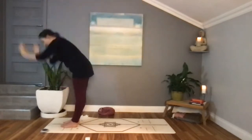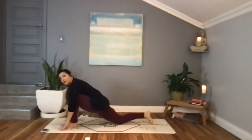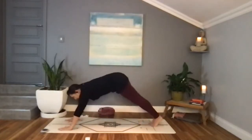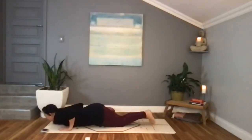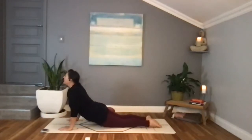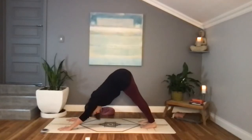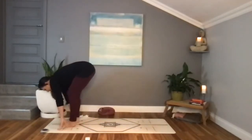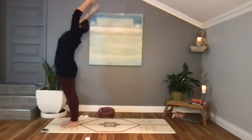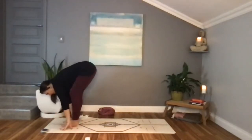Inhale, exhale, inhale right. Retain. Exhale, inhale, exhale. Inhale right, exhale left, inhale, and exhale. Left leg back,